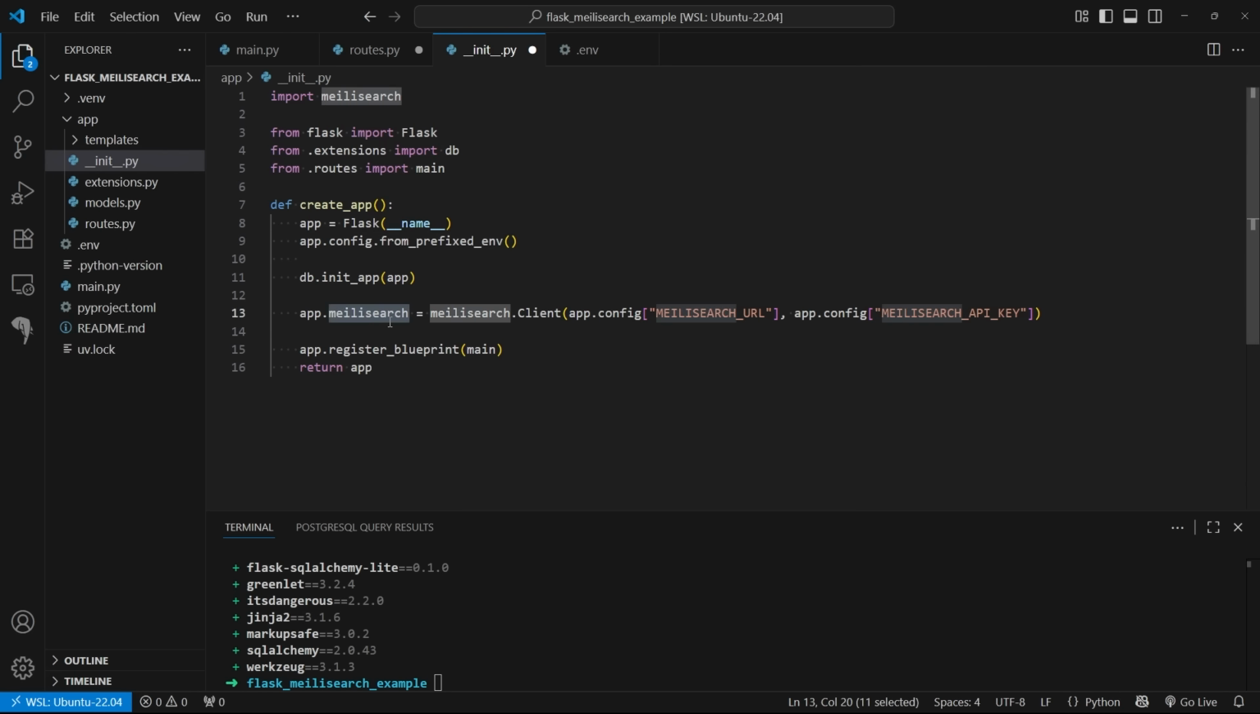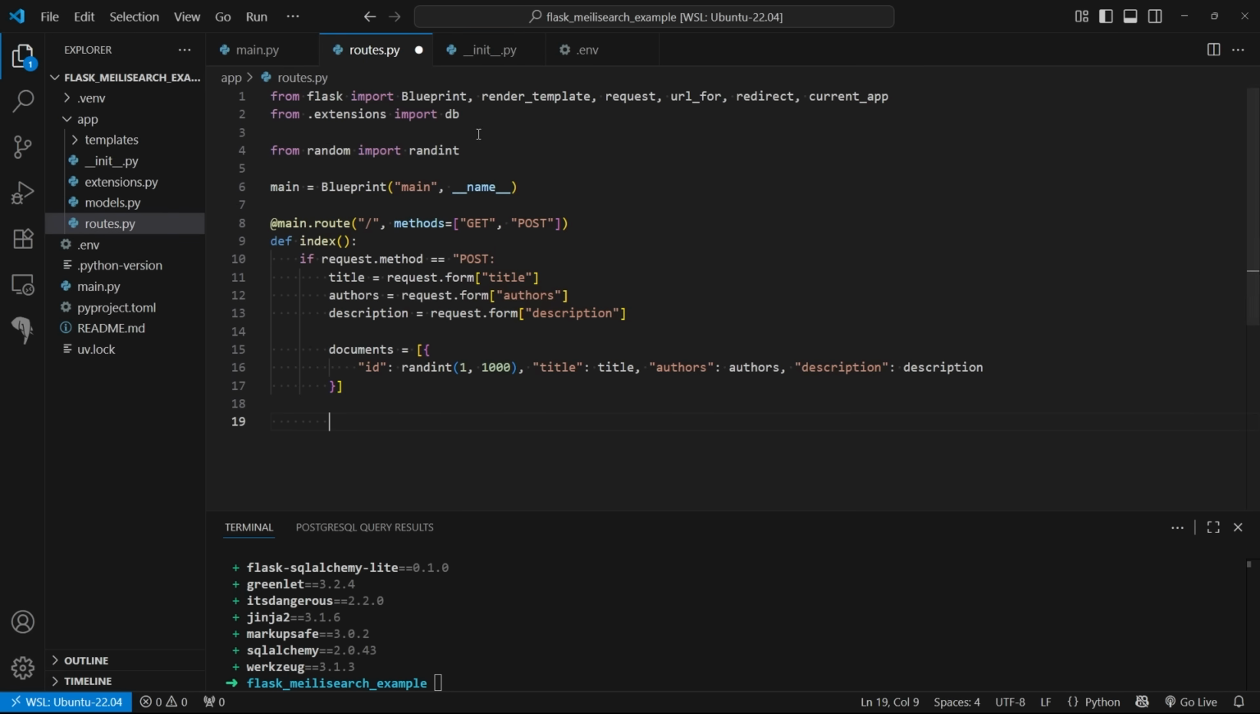So I'm putting the Meilisearch instance on my app. And that way, once I go to routes, what I can do is use the current app and then get Meilisearch off of it. So here, I'll do current_app. So current_app represents the app object for my running Flask app. And I'll do